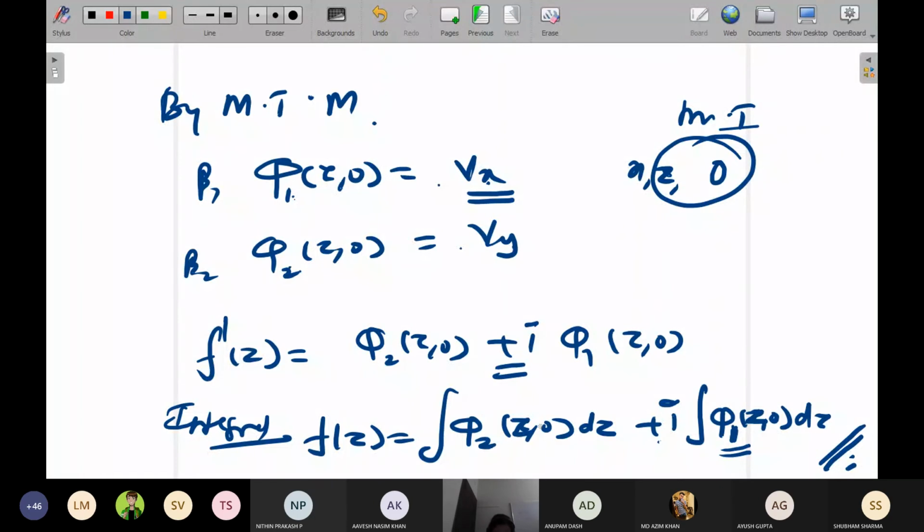Next things I'll teach you in the next class. And other than that, just remind me in the next class about giving you the harmonicity in polar coordinates. I forgot to give the harmonicity in the polar coordinates. That I'll give in the next class. In the polar coordinates, it will not be equal to U_rr plus U_theta theta. It will not be equal to that. So in the next class, I'll give you that.